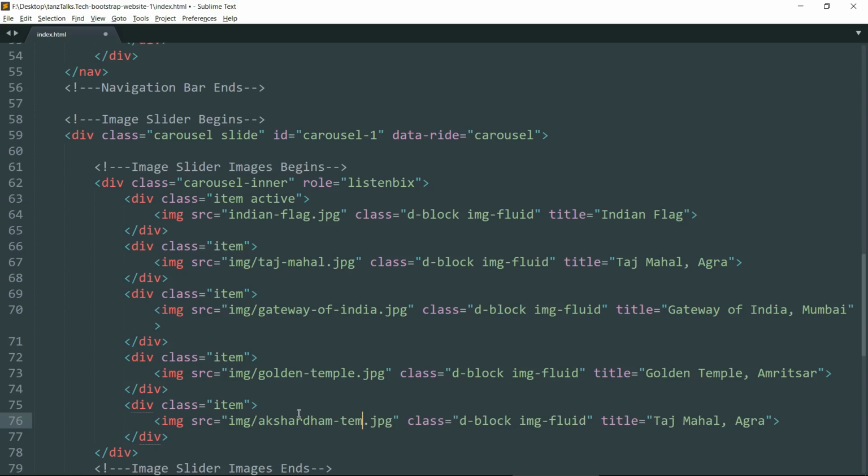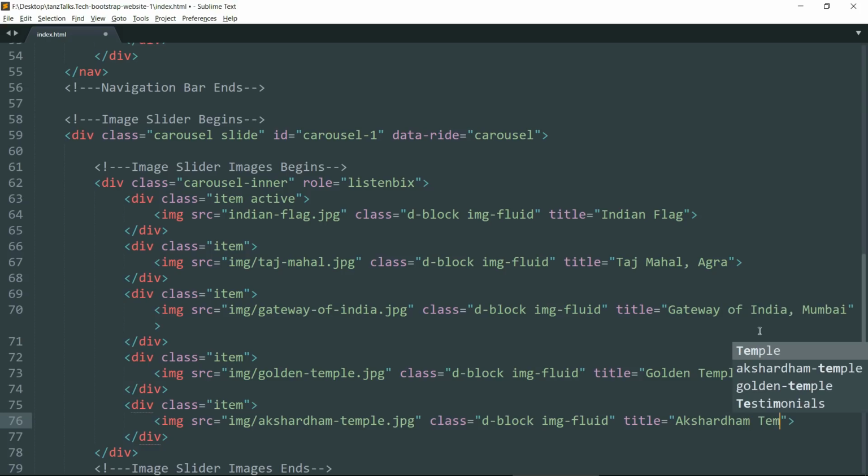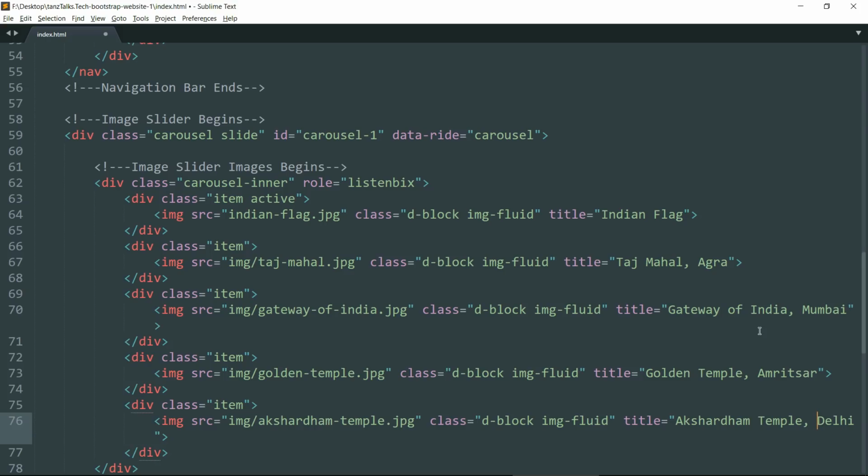Akshardham-temple. Now let's change the title for this one. Akshardham Temple, New Delhi, or just Delhi.